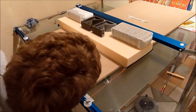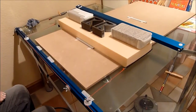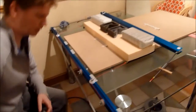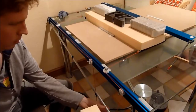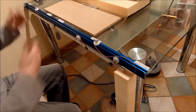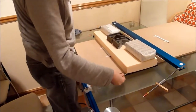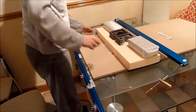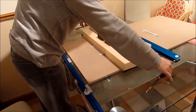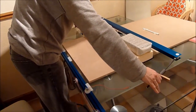So now I'm going to turn that off and give that wire a few seconds to cool down. Okay, so the very first thing we do after we've cut is we get our carefully calibrated piece of foam and we lift this. Okay, so that makes the system safe, there's no more tension on it, so we can now manipulate the wire. Take that off, that was definitely a bit tight on there, I was a bit lucky there. I didn't have my wheel quite the right angle I think, probably, but it'll be perfectly alright. I'll just pull it forward, lift it up,